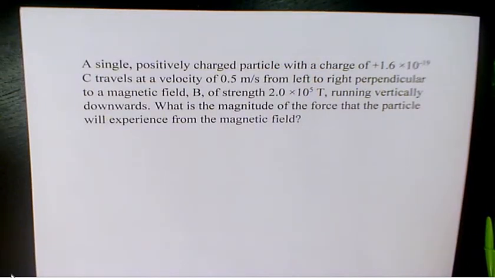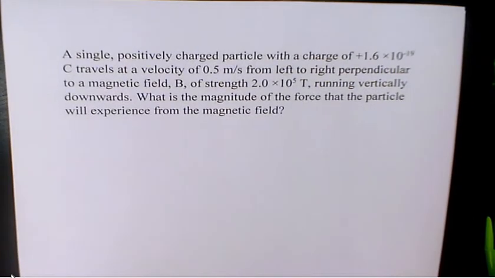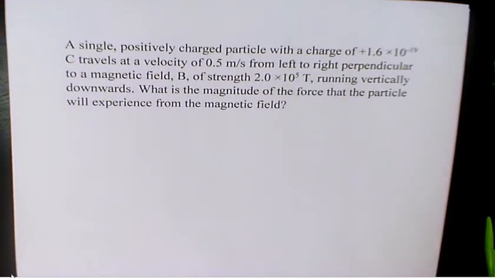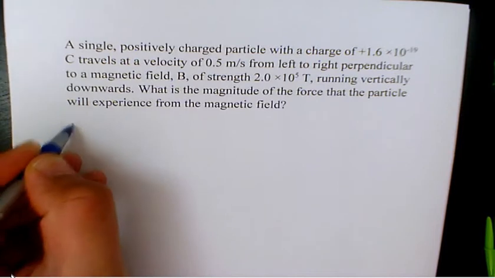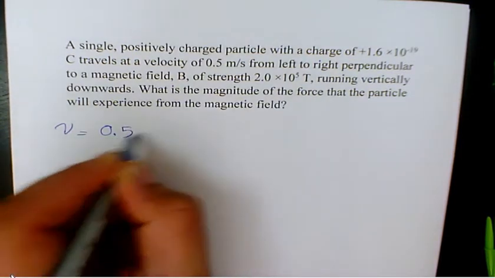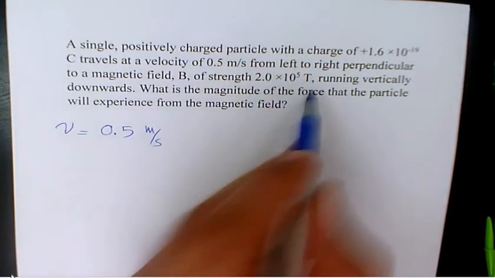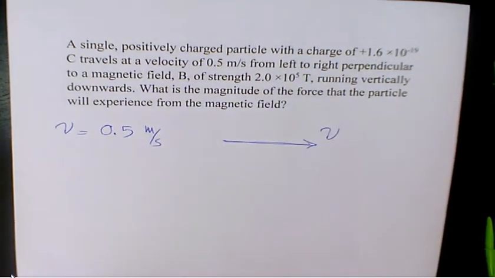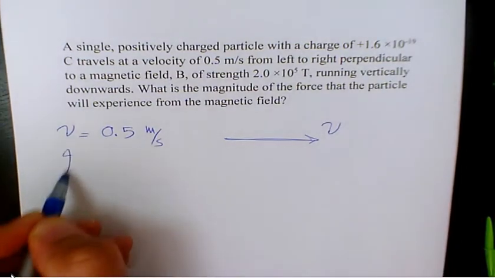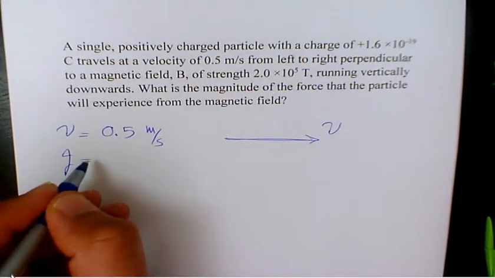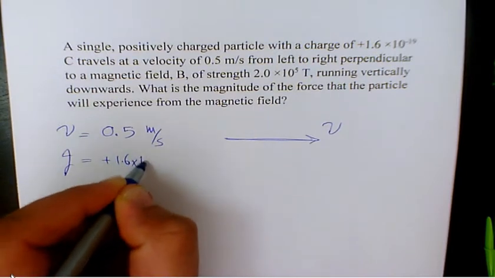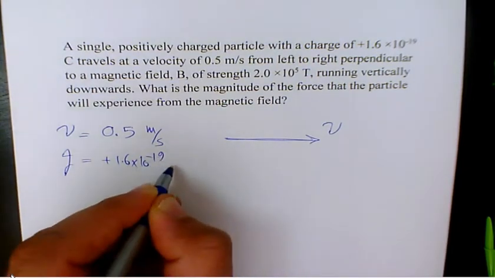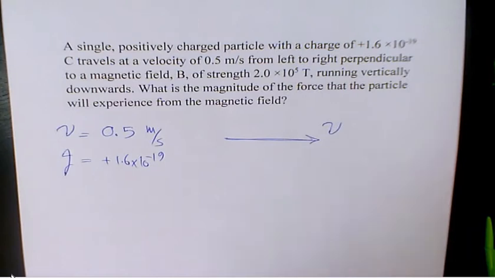A single positively charged particle with a charge of 1.6 times 10 to the power of negative 19 coulomb travels at a velocity of 0.5 meter per second from left to right. This is going to be the velocity direction. And the charge of this positively charged particle is plus 1.6 times 10 to the power of negative 19. It means that we are dealing with a proton. Proton has the same charge and same